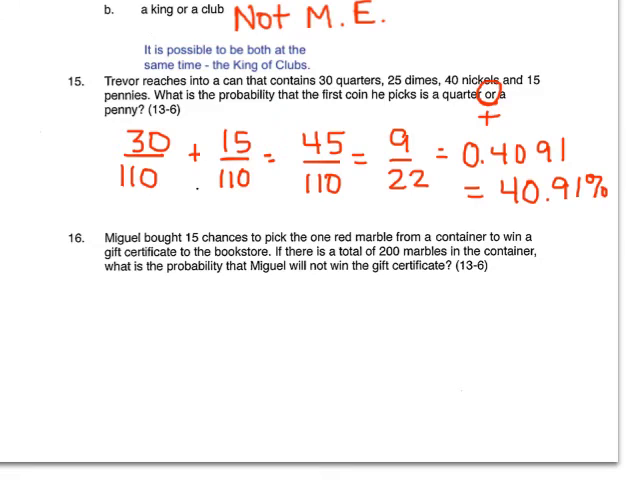Okay, Miguel bought 15 chances to pick the one red marble from the container to win a gift certificate. If there's a total of 200 marbles in the container, what is the probability he will not win a gift certificate? This is technically a complements problem, but I'm guessing most of you are quick enough to figure out that if there's only one red one, that means there's 199 that are not red. Okay, and if he picks any of them that are not red, that's when he wouldn't win. So our probability